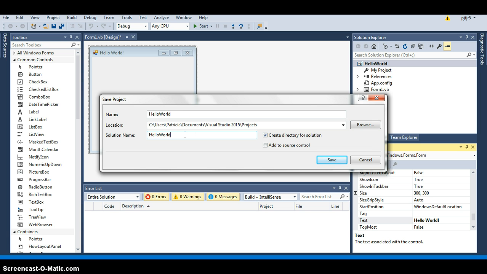And the solution name is Hello World. I generally just let that match the form name, and then I will click Save. And I encourage you every